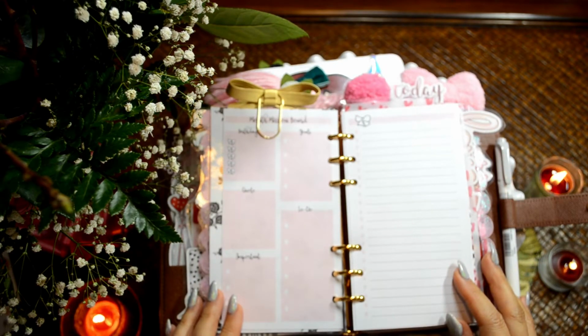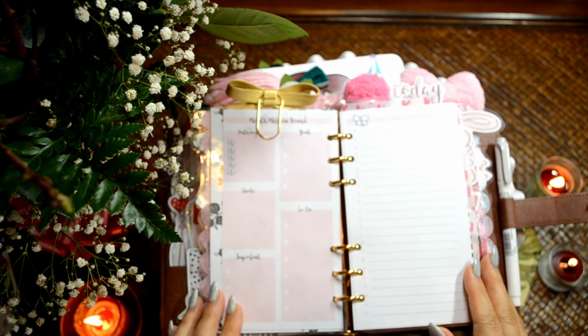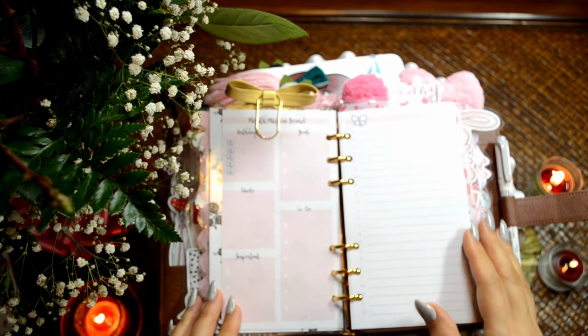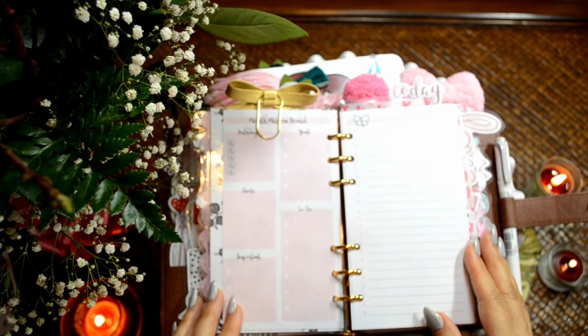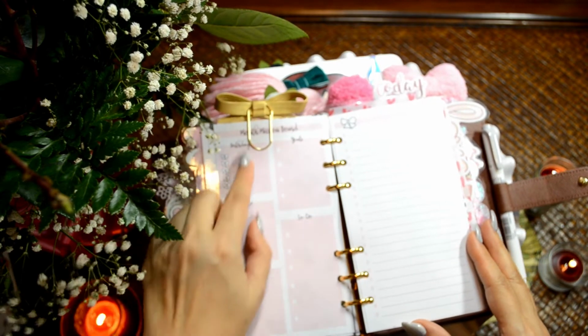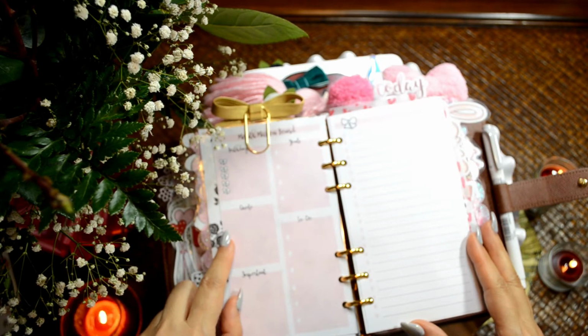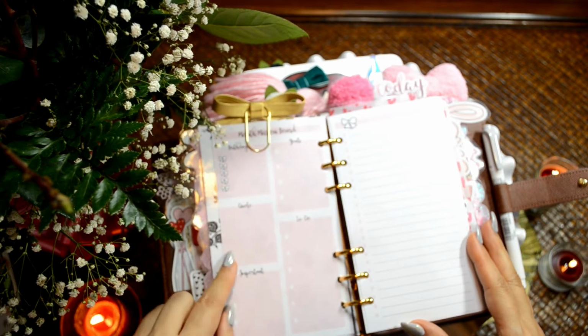This month I created a few planner pages that I love because they coordinate well with this setup in color. Of course, pink is one of my favorite colors, as is probably a lot of us, but I wanted it to be a little more cohesive throughout my planner. So I turned some existing pages that I use regularly into my own creations. And using the format that I had in my previous month mission board, if you remember seeing it in my January setup video, I just did pink backgrounds